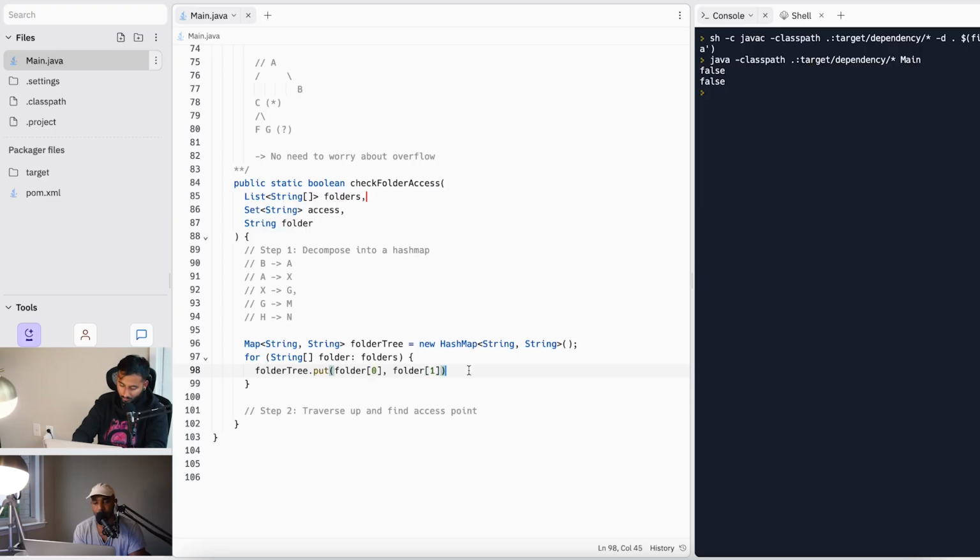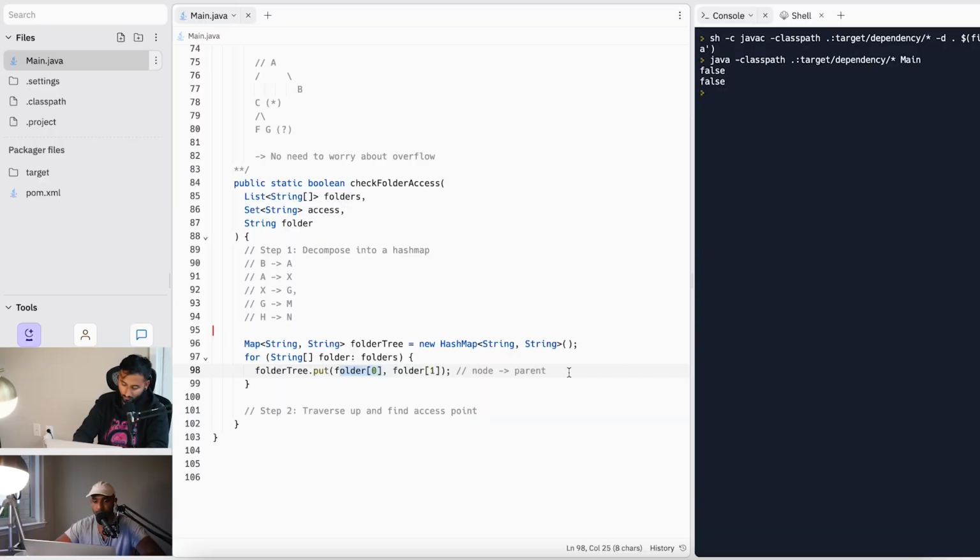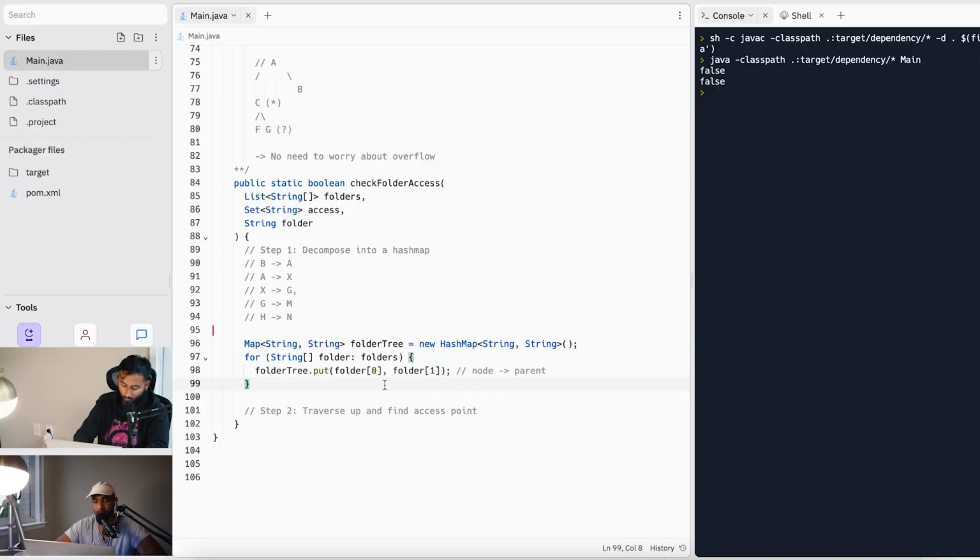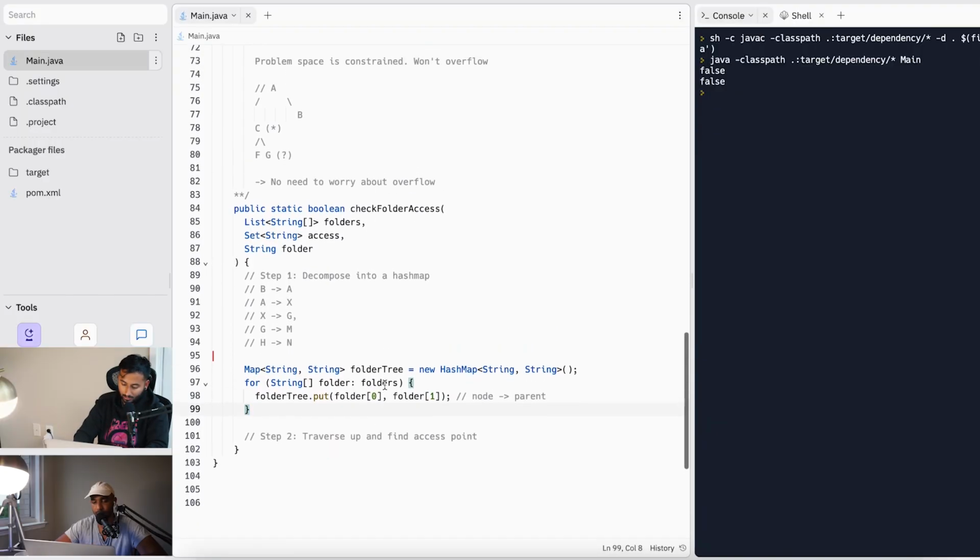So just to re-specify the structure, because I got this wrong the first time, the map will be from node to its parent. Correct. At all times. So the 0th index on the left is always the current node, and the right side is always its parent. Correct. Okay, cool. So now at the end of it, what we should really have is a hash map that just has references to its parents. So this was step 1, we decomposed into a hash map. And now if we have to traverse up,